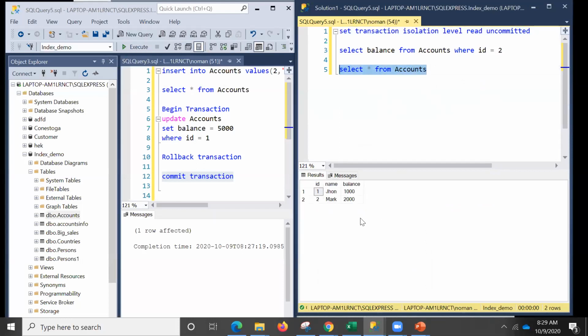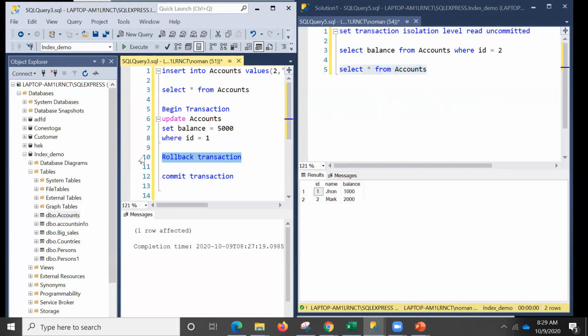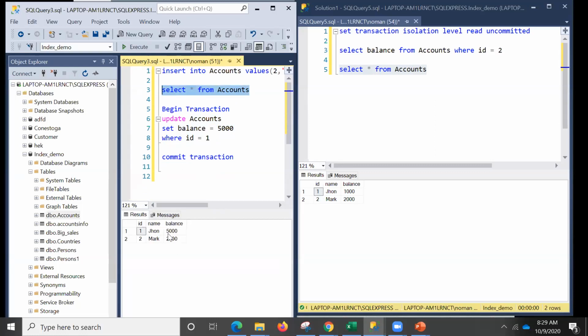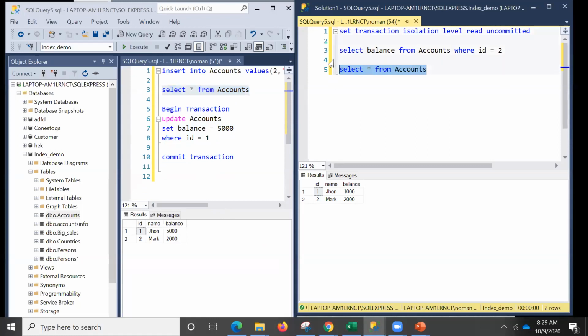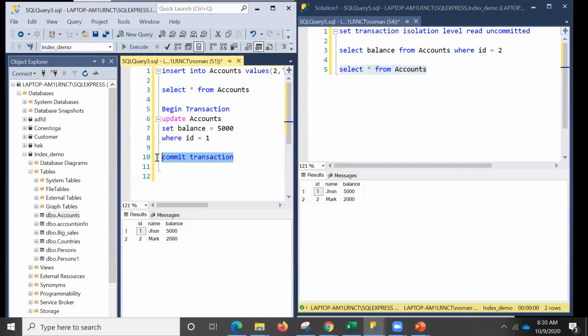Now you see that again, read uncommitted. For example, I'm just removing that rollback and trying to commit this transaction. This transaction is committed, which means the data should be changed. If I check it over here, you see that John is showing 5,000. What I'm doing over here is I run this query and select status, and it's also showing. So basically, I have already committed it. Let me remove that again, change it to 8,000 and run that one.